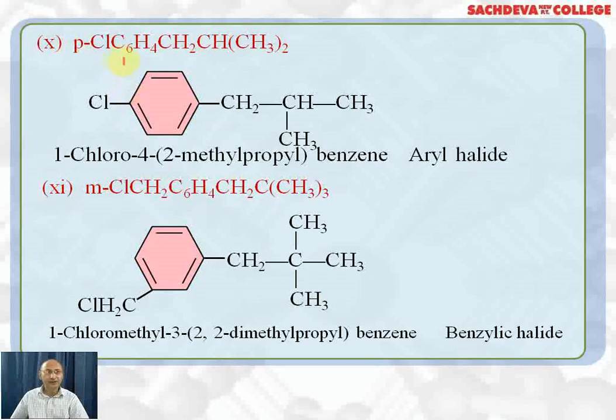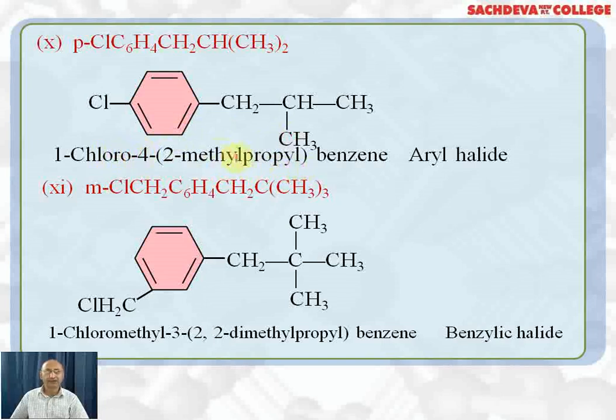Let's name this compound. C6H4 means benzene ring. Para Cl means at the fourth position Cl. This CH2 here, CH here, 2 methyl groups, 1 methyl here, 1 methyl here. How to name it? 1-chloro-4